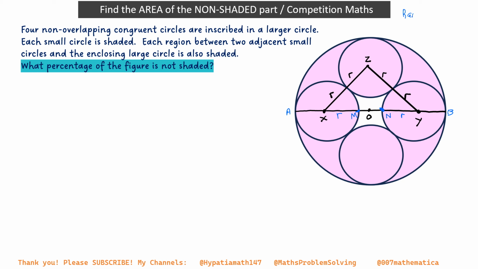So the radius of the large circle is capital R, and the small circle radius is smaller, right? So how do we find the area? We find the area of the unshaded part. It's not hard. What we need to do is a couple of steps. I mean, more than 2 steps, but what we need, if we join ZO,